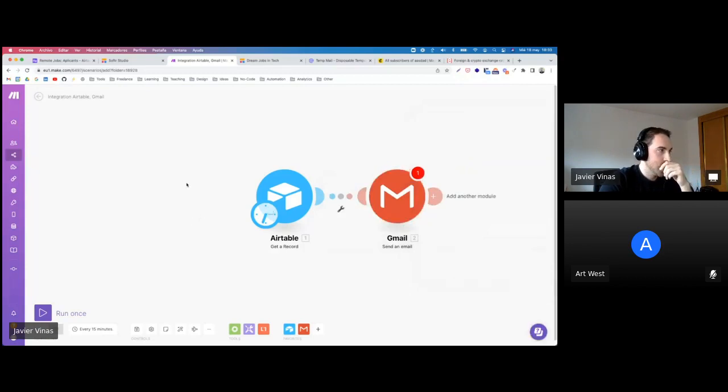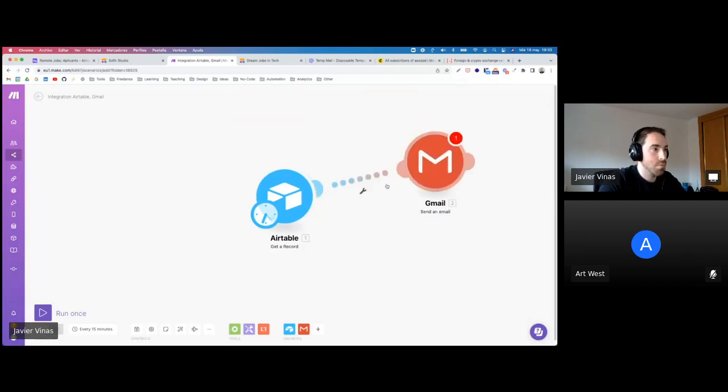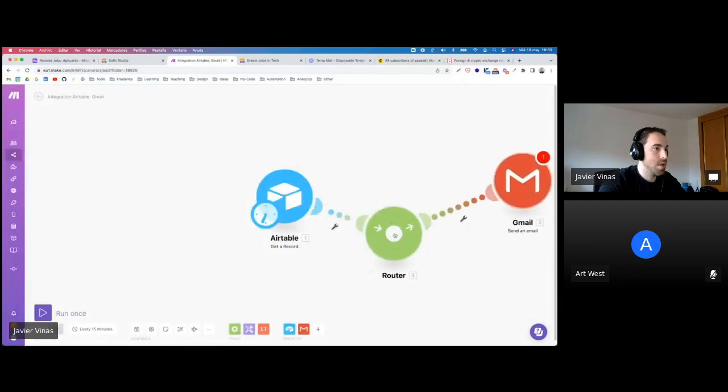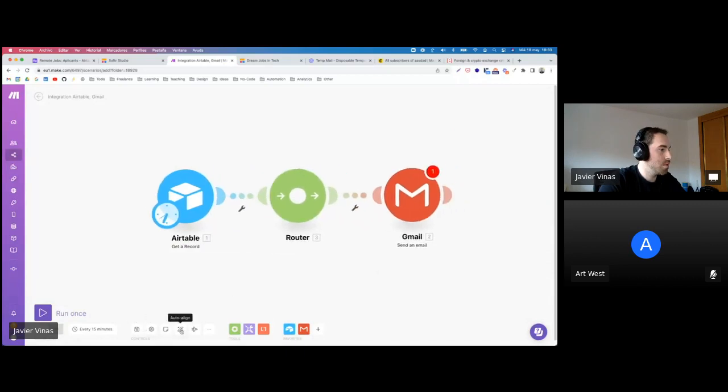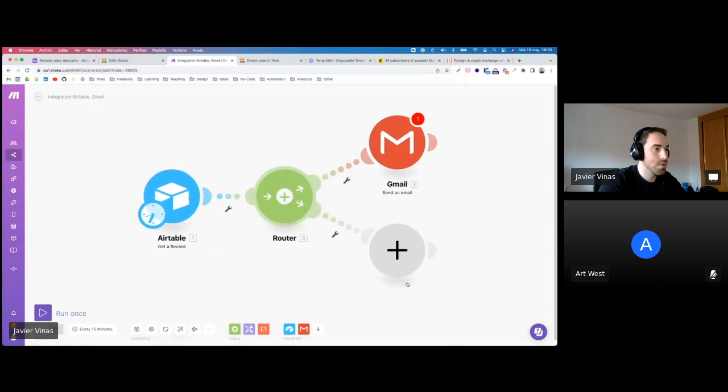So we are a visually no-code automation platform. You can drag and drop, okay, multiple modules. You can actually create a router here. Let's say I want to link this. Okay, and I want that to happen right now. Sorry for a little detour, but I think this is cool. So